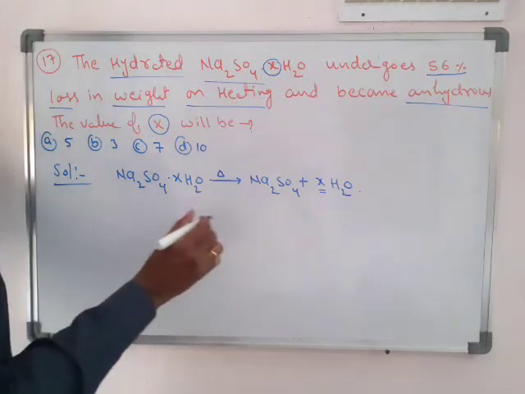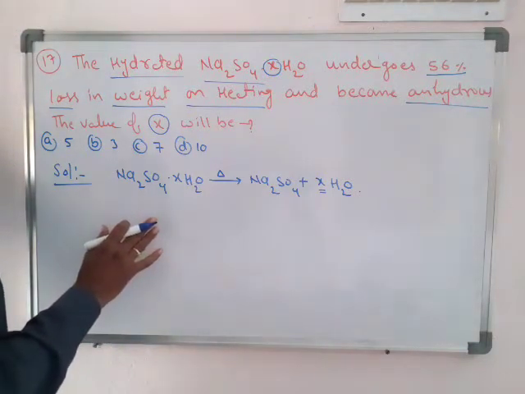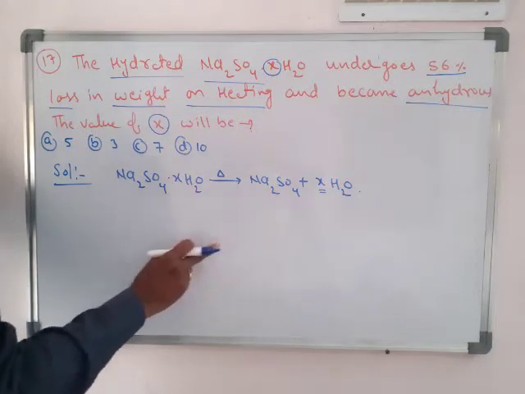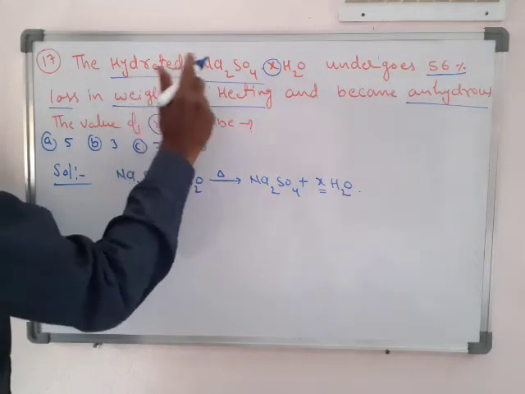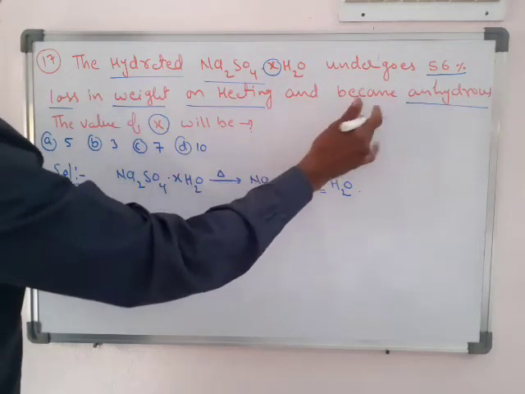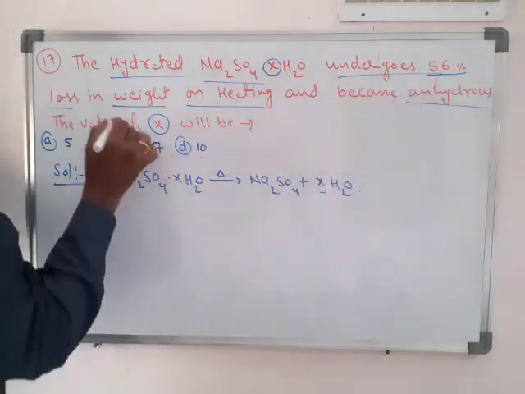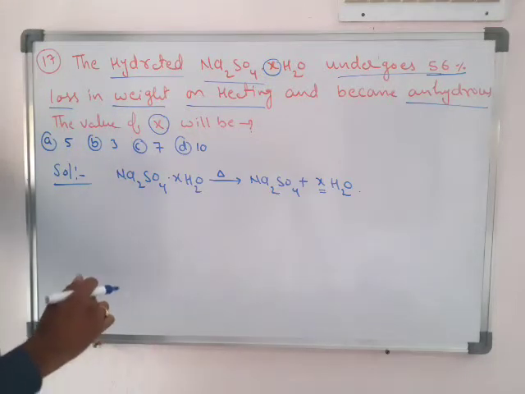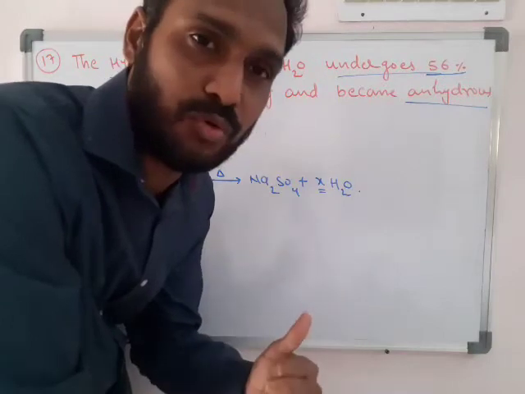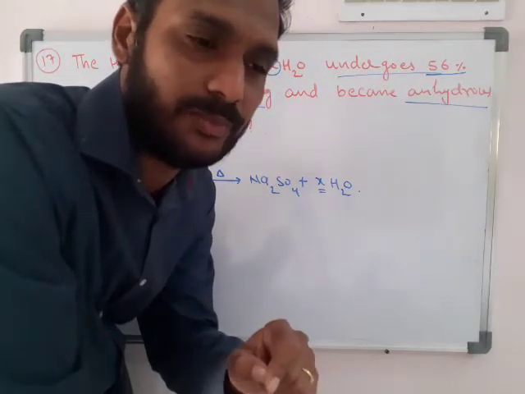So here the important thing is, we have to find the X value. How to find the X value? The clue given is that after losing water molecules, it undergoes a 56% loss in weight. That means the weight of the H2O molecules is equal to